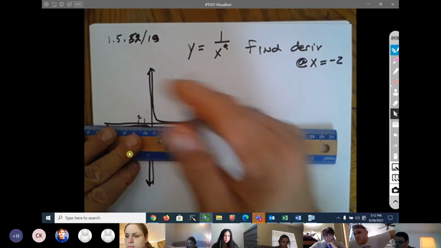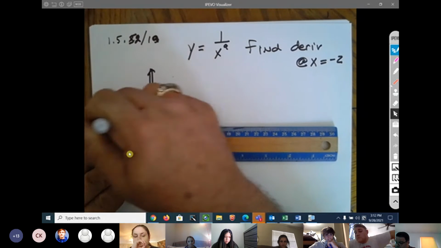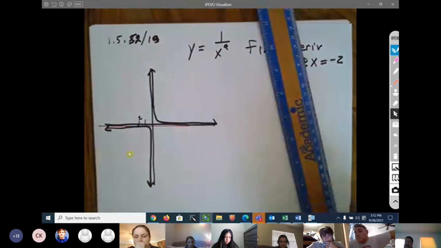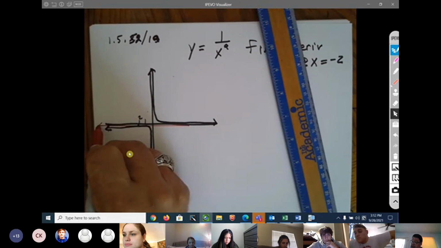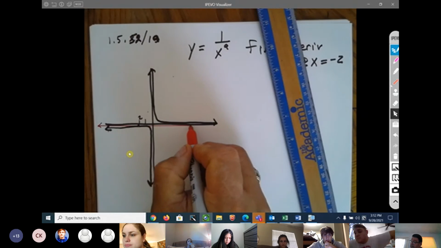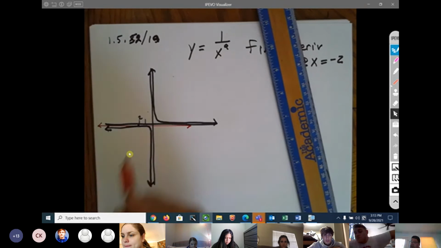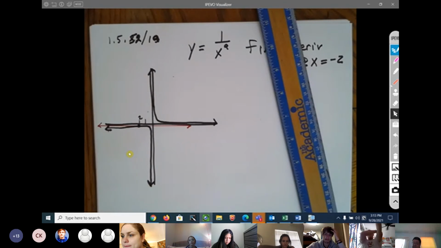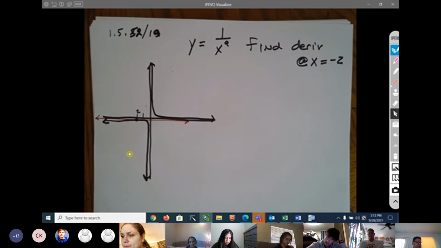They want to know at -2, what is the equation for that tangent line right there? What is the equation for this red line? That's what the derivative is. At -2, x is equal to -2. So, with that being said, it's going to take